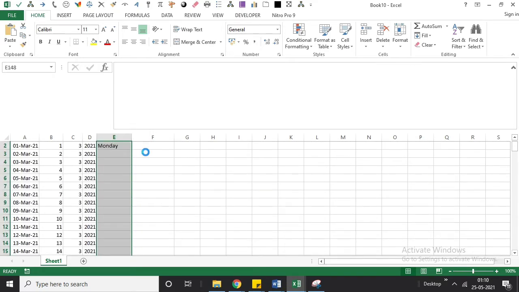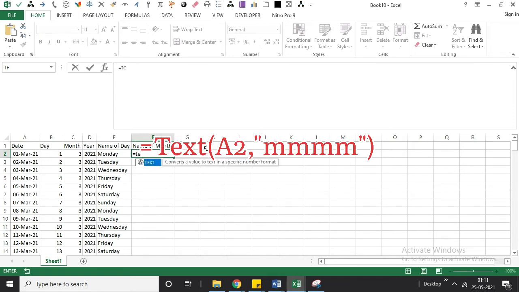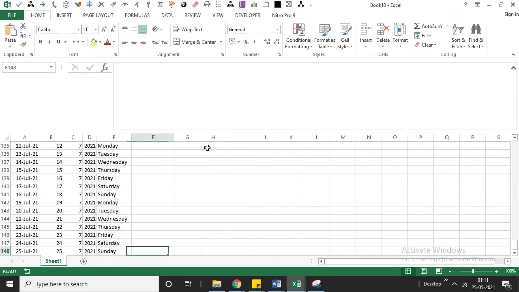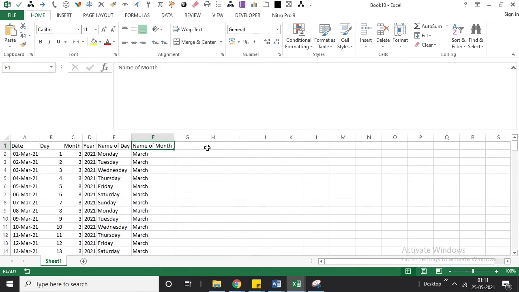Okay, so now we are going to apply the formula for the name of the month. Luckily, we are going to use the same simple formula, equal to TEXT of, we need to enter the argument value, and the month should be in the form of M. So we are going to enter four Ms here, and just press Control Enter, Control Down, move towards right, and Shift Control Up and press Control D. Okay, so now we have retrieved all the values.